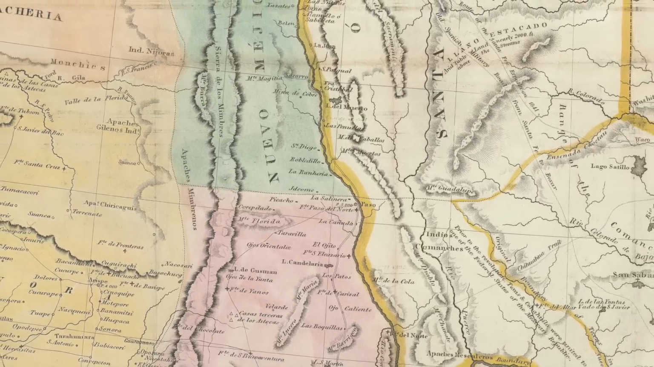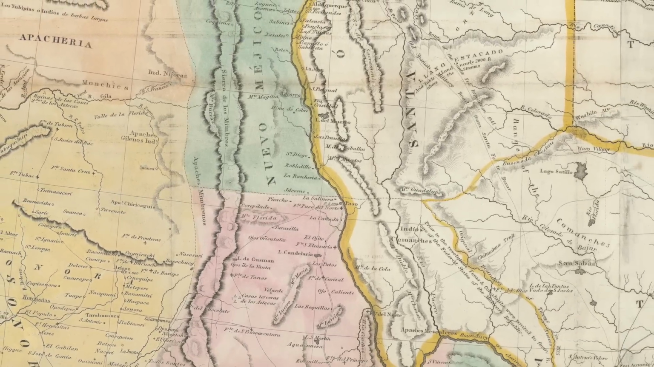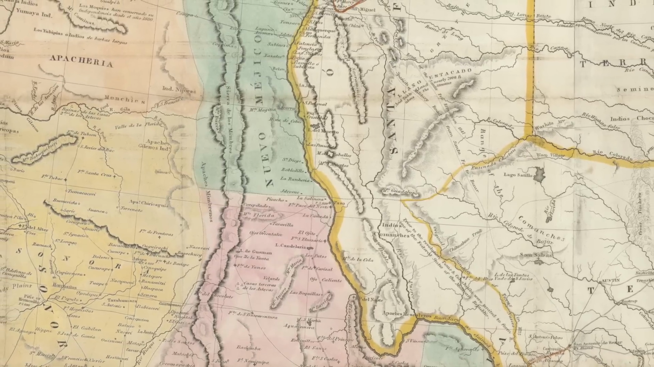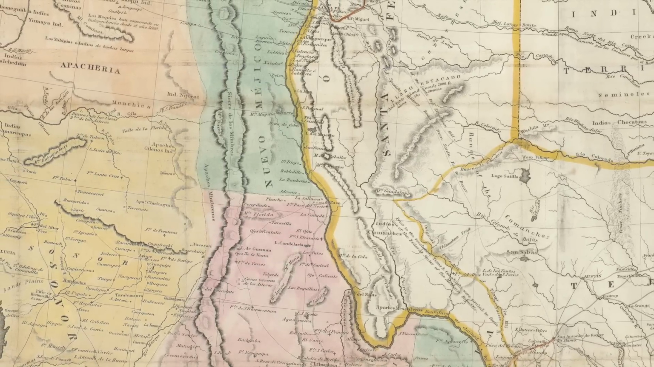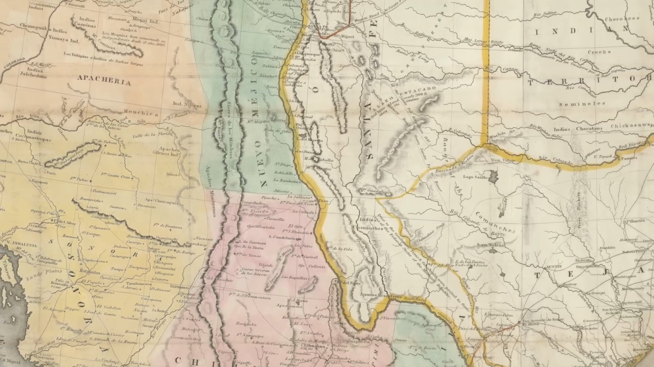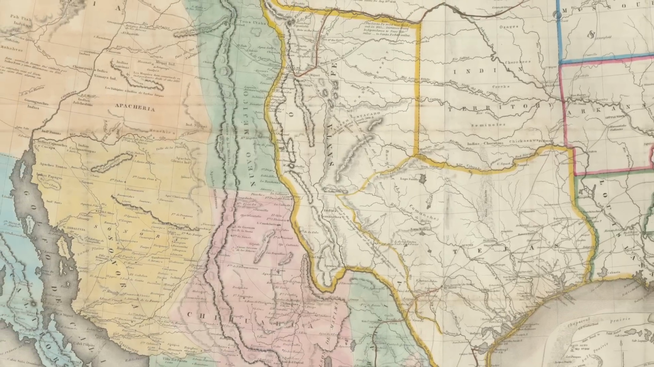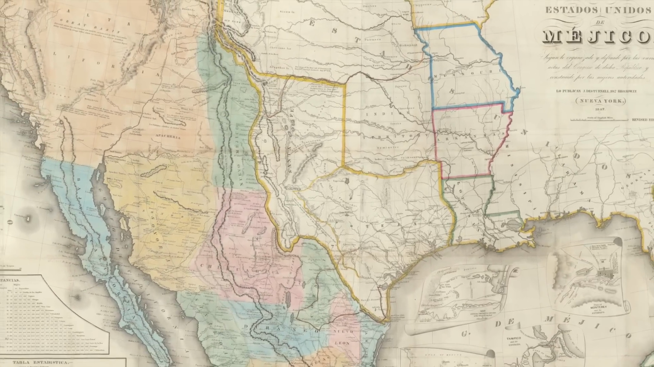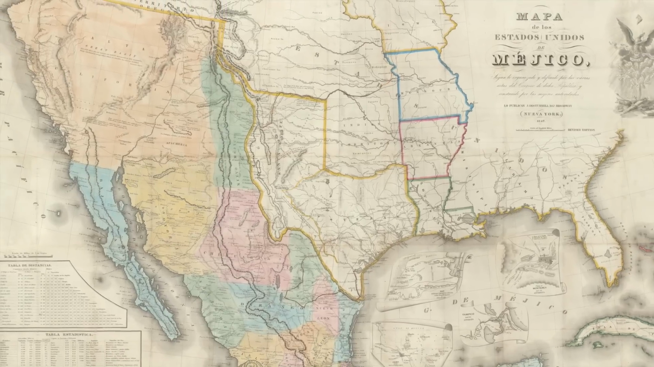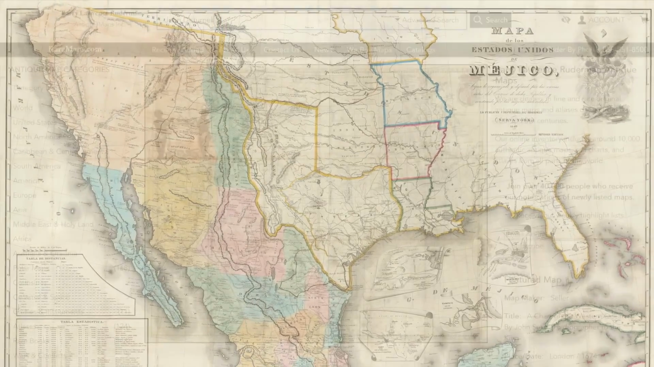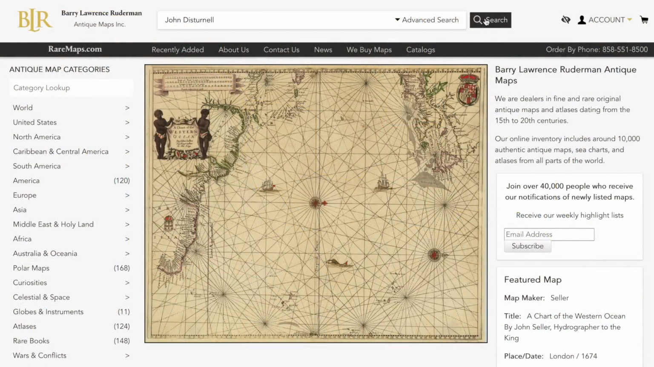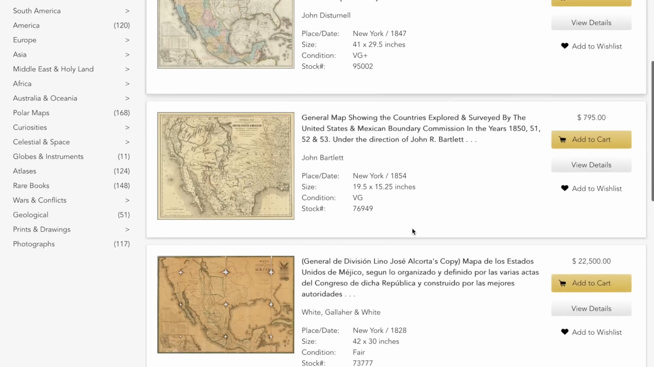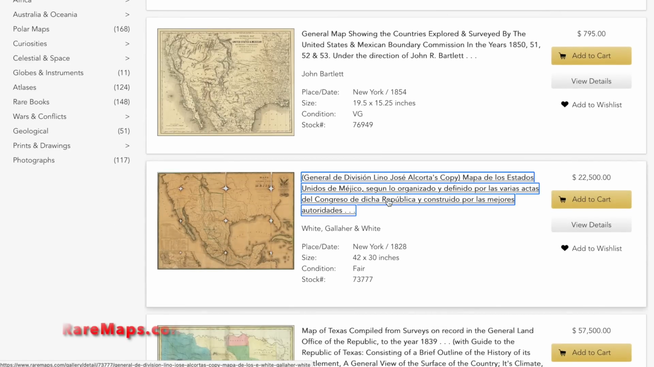The boundary of New Mexico also isn't well defined, but it's roughly drawn at about 32 degrees north. These inaccuracies and ambiguities would soon become problematic. The map was first published in 1846 by New York publisher John Disturnell, but it was a copy of older maps. Let's go to raremaps.com, a website that acts as an old map encyclopedia, though it's technically an antique map